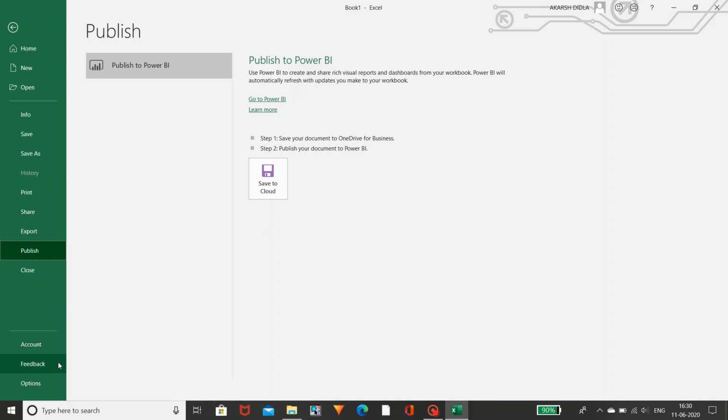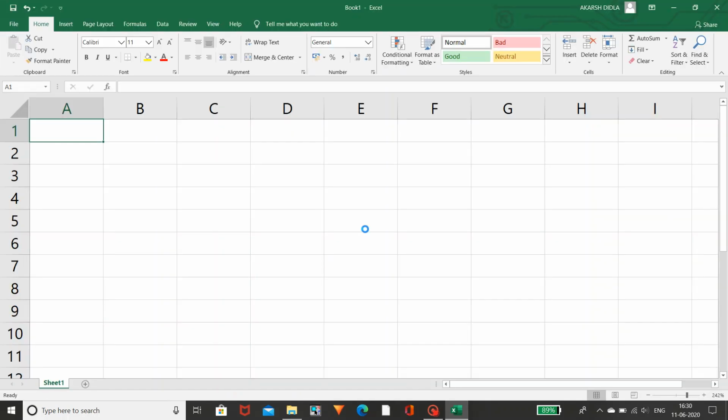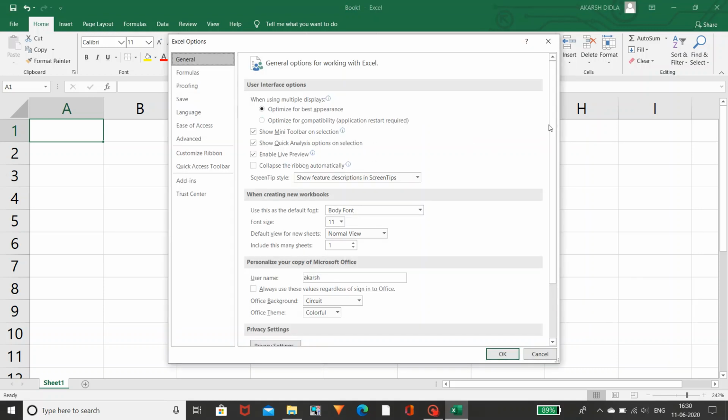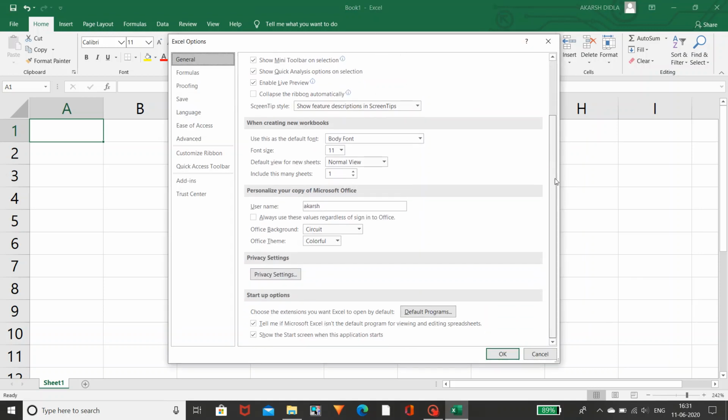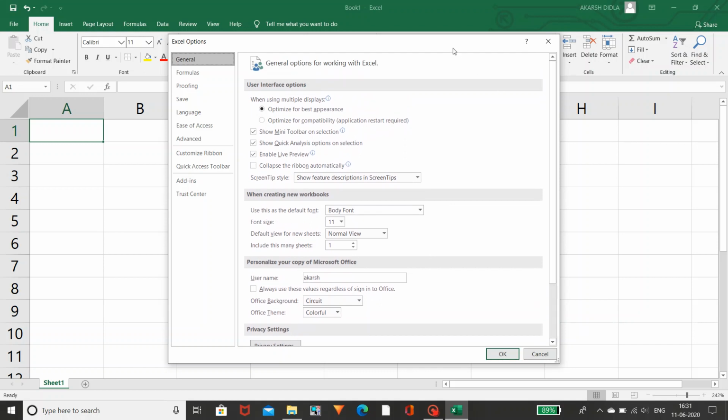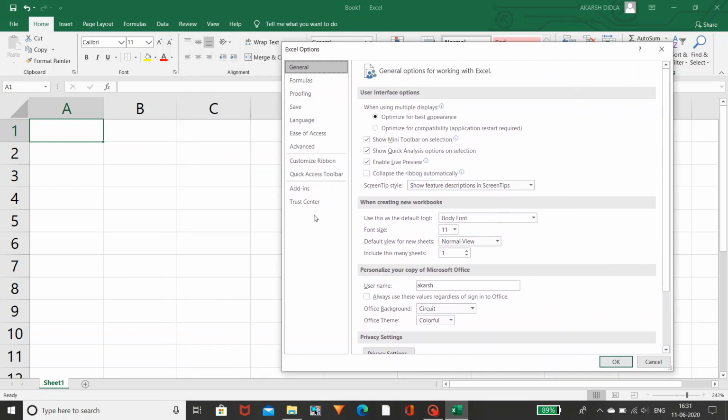And if you want to give feedback for this Excel, if you like it, you can give the smile symbol, and if you don't like it, you can give the sad symbol. That means you can give the feedback. And coming to Options, there are different types of options. So it is loading, it is taking a little bit of time. As you can see, there are different types of options here, so I can explain them here, but these options are the same in the menus also. You can see in the menus, so I will explain them there.